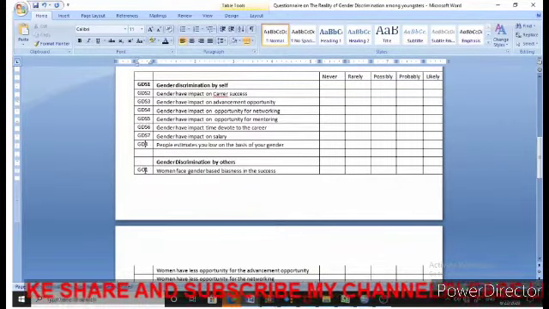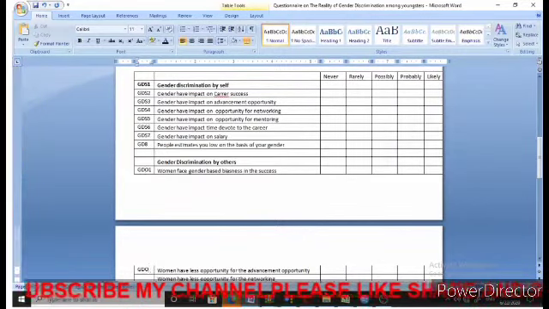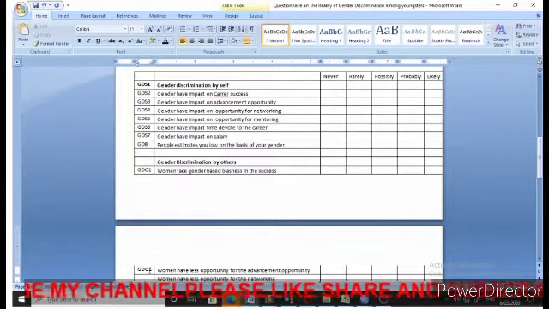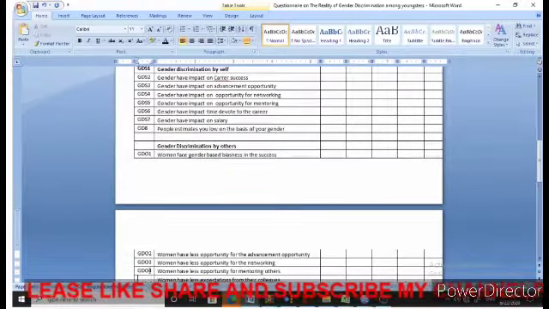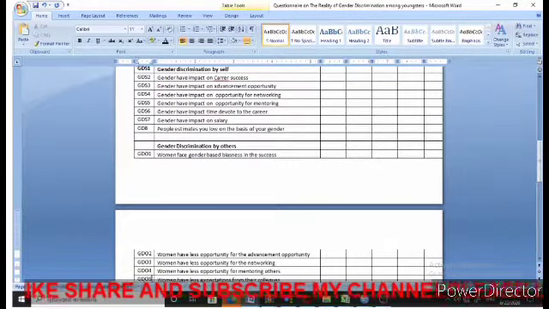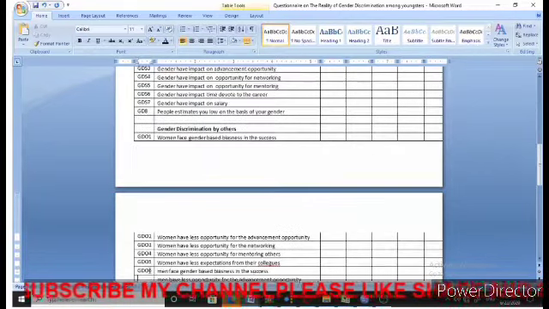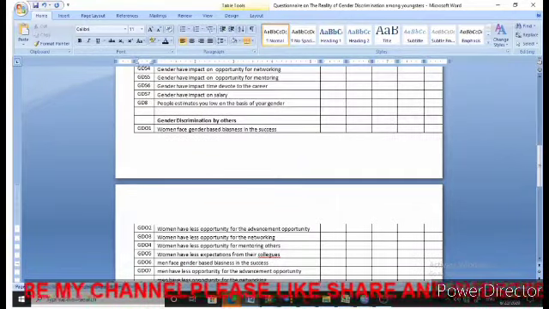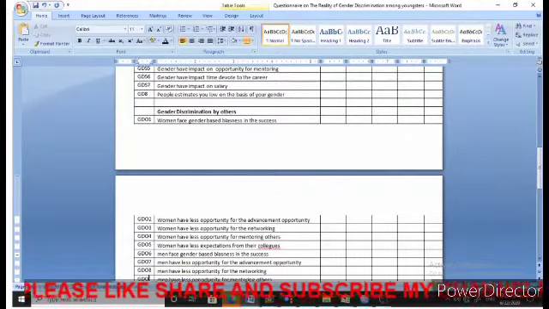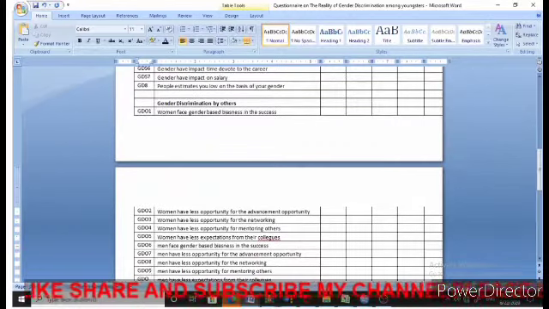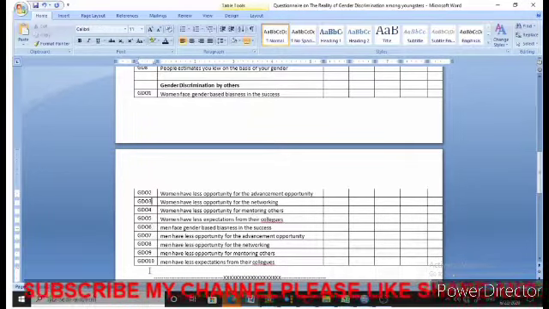Now this is gender discrimination by others, so we can put it as GDO, right? Then GDO2, GDO3, GDO4, GDO5, GDO6, GDO7, GDO8, GDO9, GDO10, right?